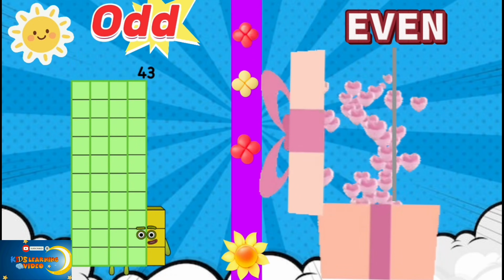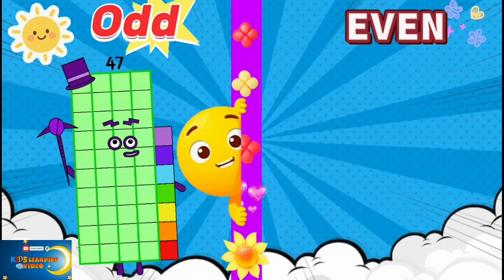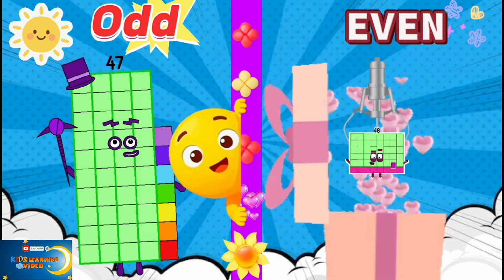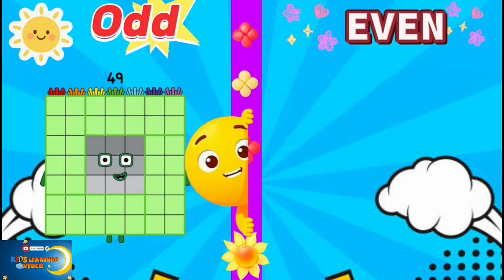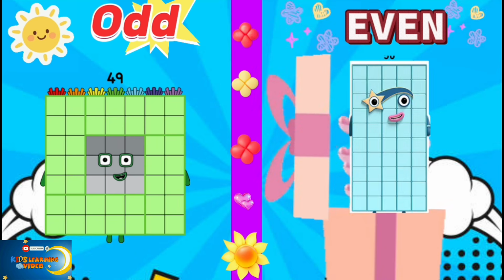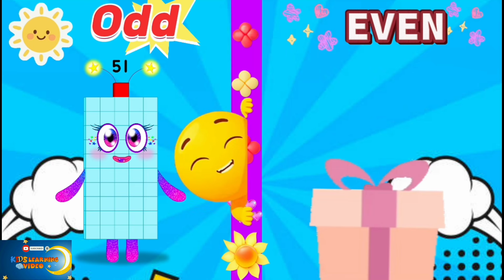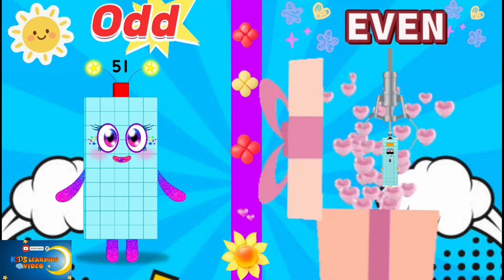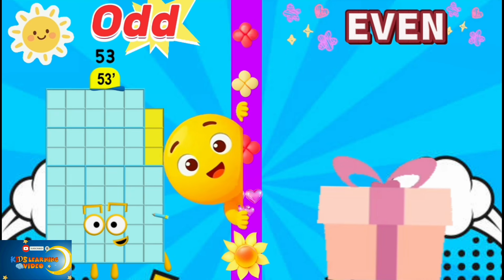43 is odd number, 44 is even, 47 is odd number, 48 is even, 49 is odd, 50 is even, 51 is odd number, 52 is even number, 53 is odd number,